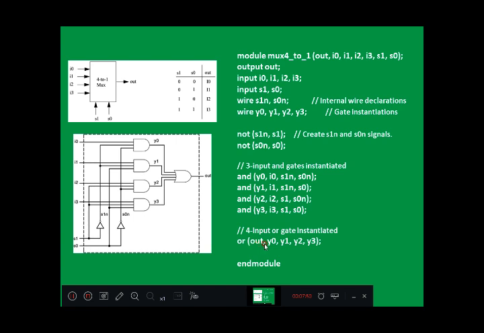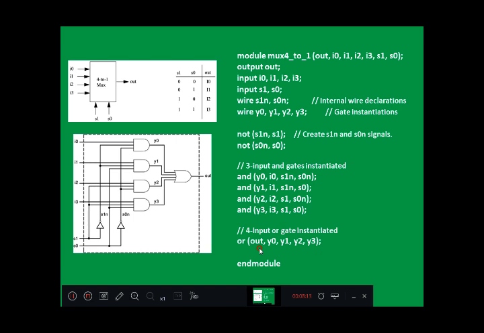First you write the output followed by inputs. So here 4 inputs, Y0 to Y3, so it behaves like a 4 input OR gate. We expect Y0 to Y3 to be ORed and the output is assigned to out. So that is implemented. So the coding part is over.